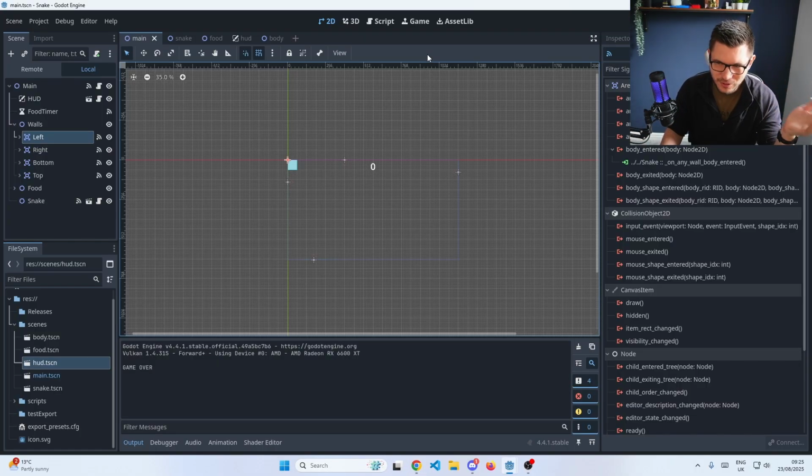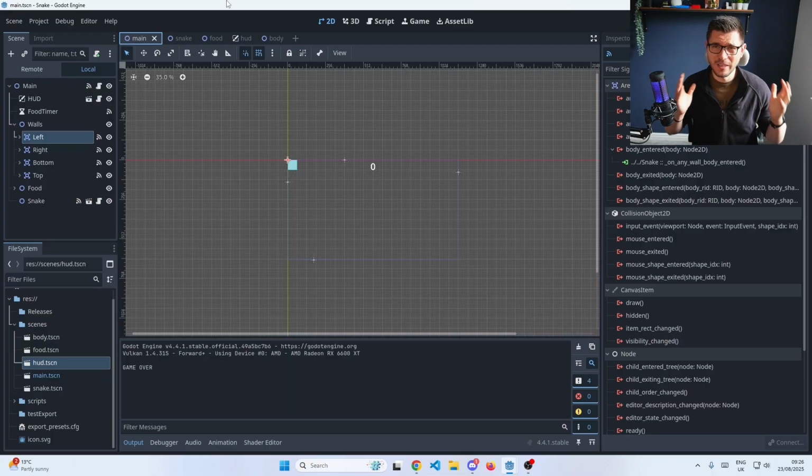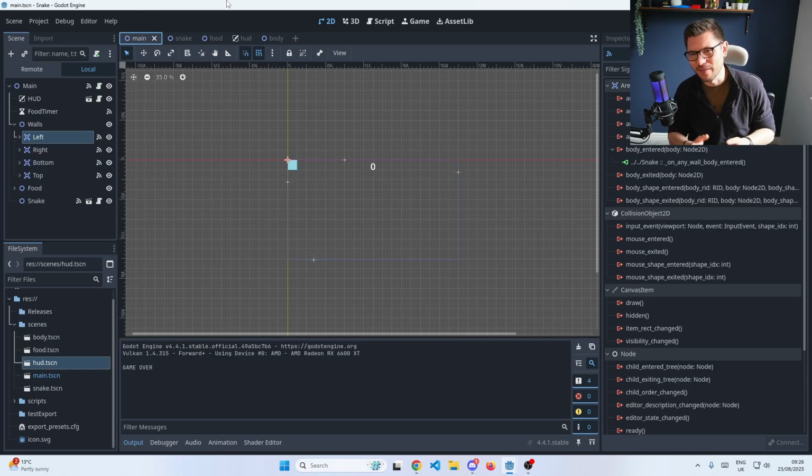Now, in terms of struggles, honestly, this is probably bad, but I thought Snake would be really easy to build. And some of it is, and other parts I just could not get my head around. So the main issue was the Snake body. That's got to follow the head as it goes around. It makes sense, but I just could not wrap my head around it. I did watch a couple of tutorials. I didn't code along with them. I just wanted to get a gist of how people approached it.